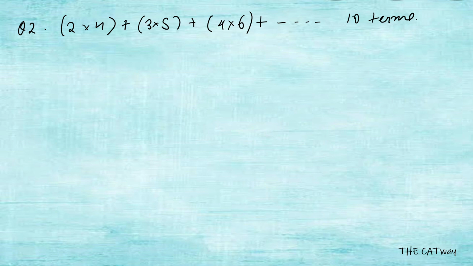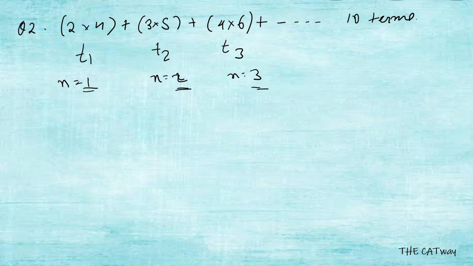Again, we will write this one as term 1, this as term 2, and this as term 3. We have to write it in the form of n. We take n is equal to 1 here, n is equal to 2 here, n is equal to 3 here. Why do we take 1, 2 and 3? Because this is the first term, second term and third term. So we go on like this, and we write it in the form of n.